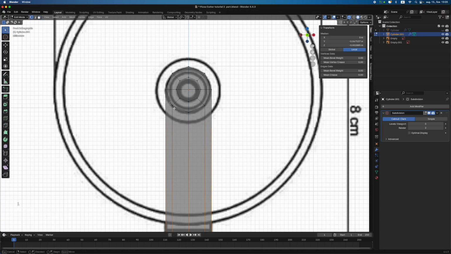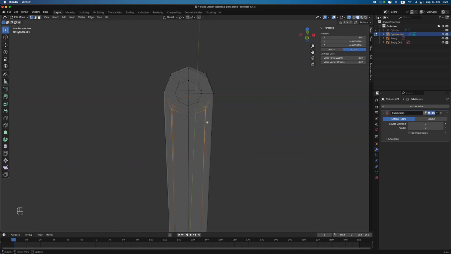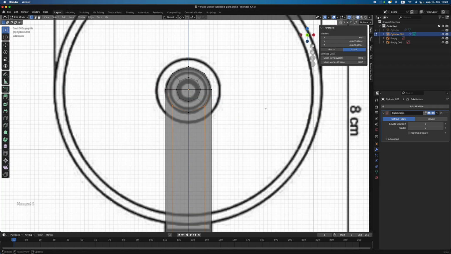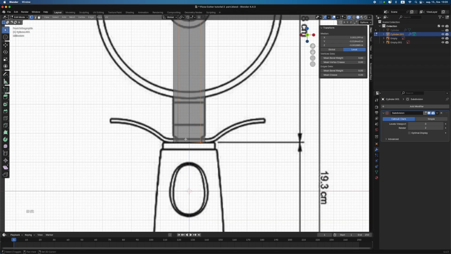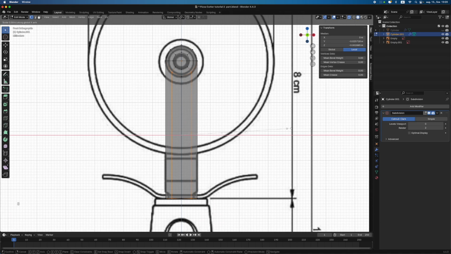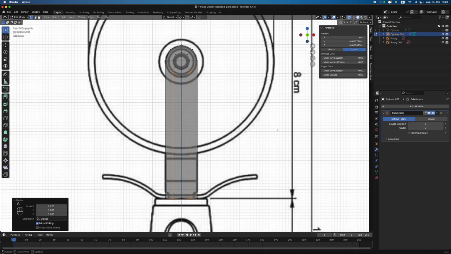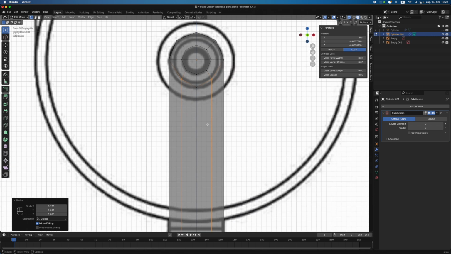We want to select these edges. Remember, it's selected at the other side, and scale it a bit. We want to select these edges or vertices as well and scale it a bit in. We want to make this somewhat evenly spaced. We can do it like that,